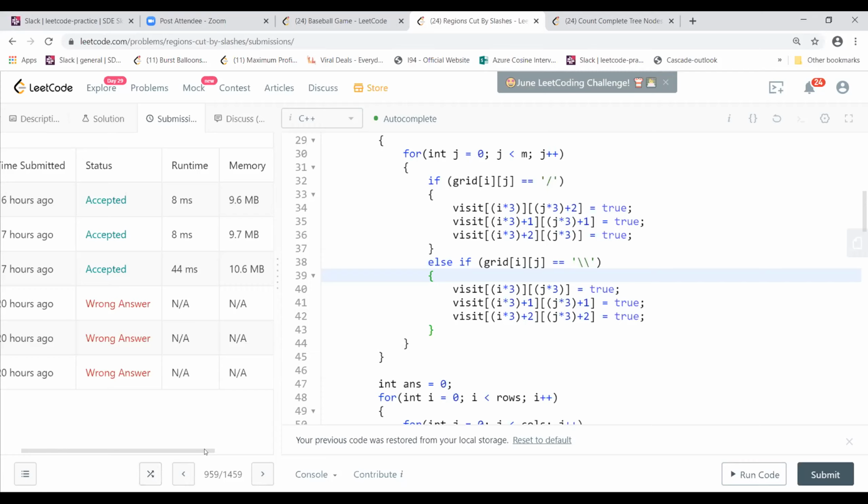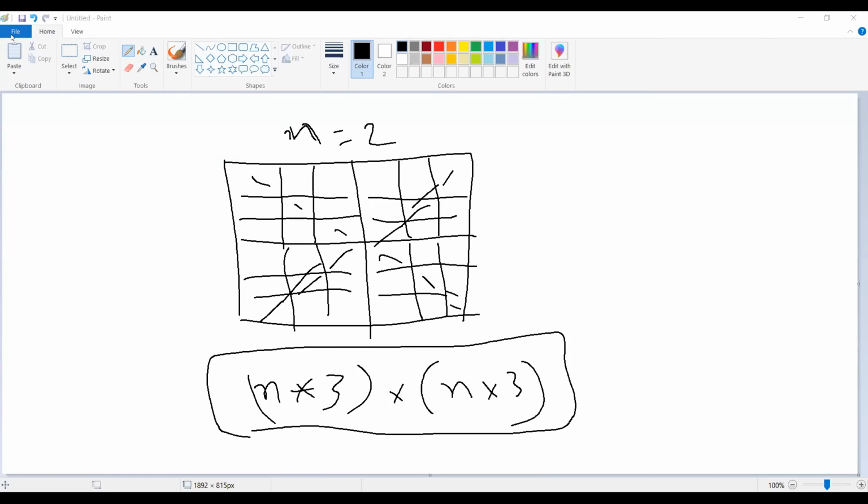If you do it 2 by 2, how would you represent it? So let's say if you have forward slash, then you only represent the corner as true or false, right? For forward, 0,1 and 1,0 are true, and for backward it would be 0,0 and 1,1 are true.